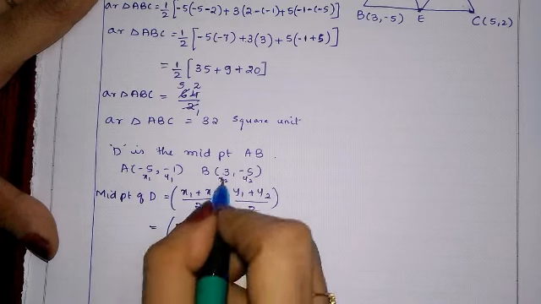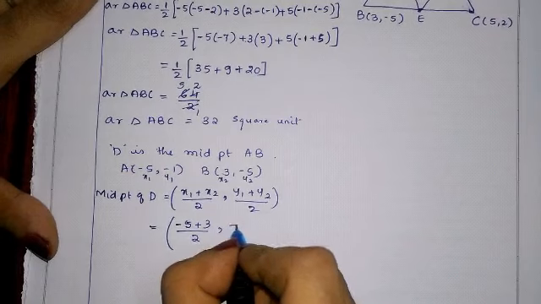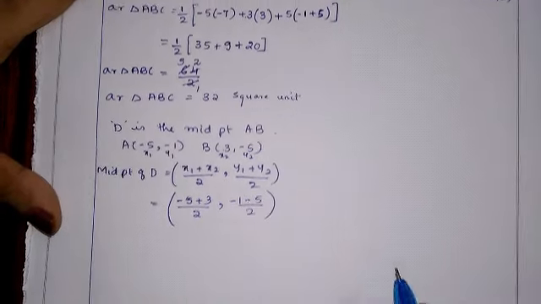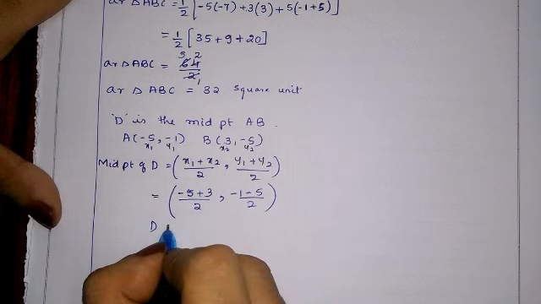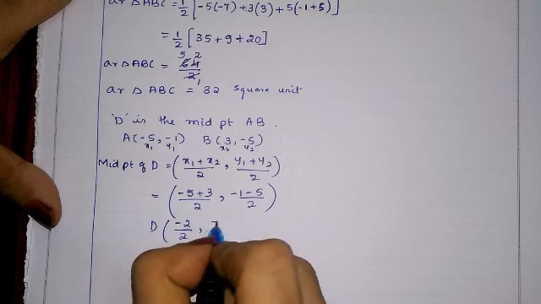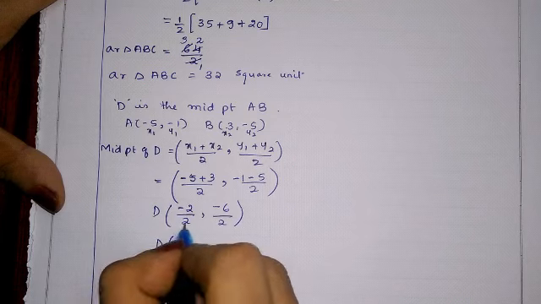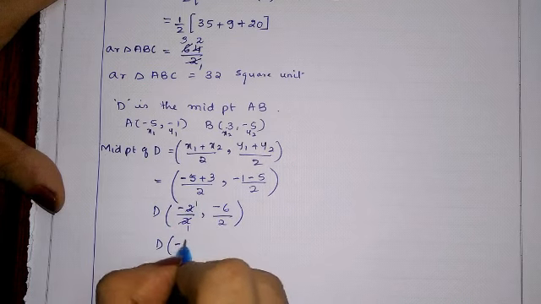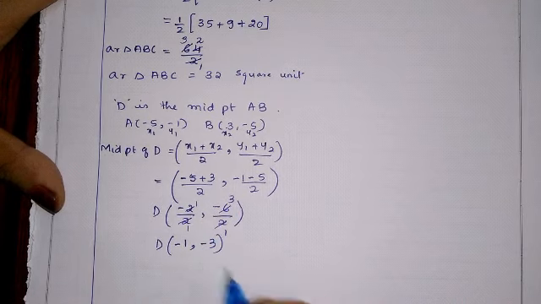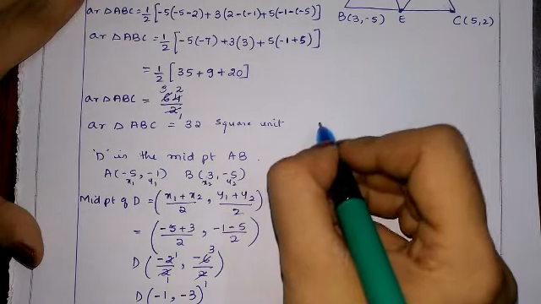x1 is minus 5 plus 3 by 2, comma, y1 minus 1 minus 5 by 2. So D point, what will we get? Minus 2 by 2 comma minus 6 by 2. 2 1s are 2, 2 1s are minus 1, 2 3s are 6, minus 3. D we got as minus 1, minus 3. Similarly,